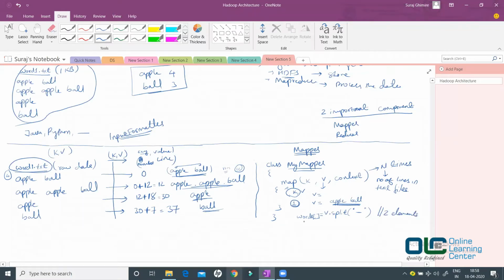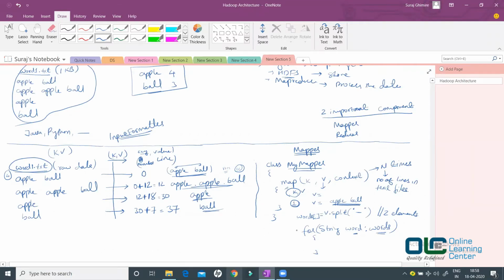Now I will iterate through these words. So I'll say for String word from words. This is an array, and this is a single element. So I'm using a for loop.